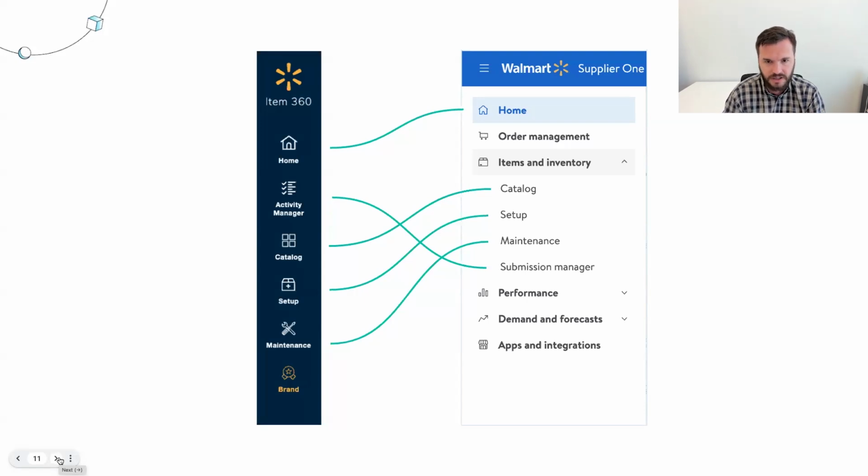There's a lot of similarity in the language that's being used in both of these. It's basically mirrored functionality, and a lot of the language is exactly the same. So catalog, setup, maintenance, these haven't changed at all, right? Activity manager is now called submission manager, and that lives there too. It's been bumped down to the fourth item on the left nav instead of the first. What you also see in this Supplier One left nav is the other functionalities in Supplier One